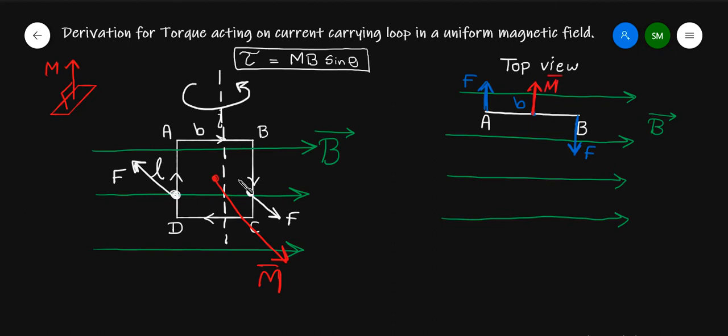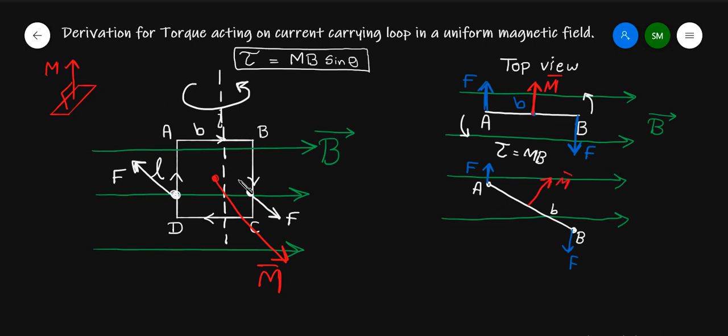Now the torque which is acting on this coil, as we proved already, is mb. Because of the torque, this coil will start rotating. Once the coil rotates, the coil will take this kind of shape. Let's say this will be AB, and this is small b. But what happens, even if the coil rotates, the direction of forces will remain the same. These will be the forces. And again I am drawing the direction of the dipole moment. Let's say this is the direction of the dipole moment.